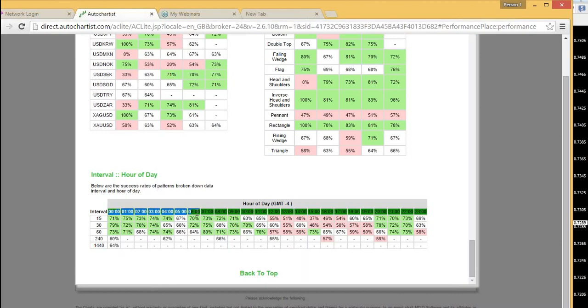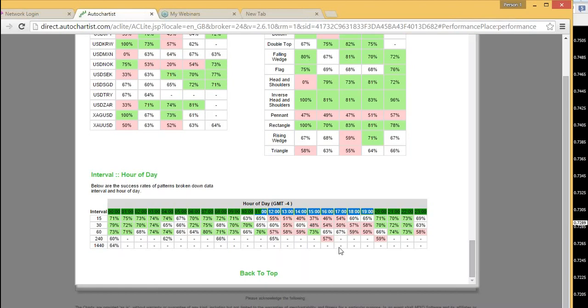So you can see these success rates. If I take South Africa's time, you're talking about from about 6 a.m. in the morning to about 3 or 4 o'clock in the afternoon, which is really the London period going into the US session. That's when you're going to get the most success from Autochartist. But in the Asian sessions, and when the US session starts to close down, you're not going to get such a good